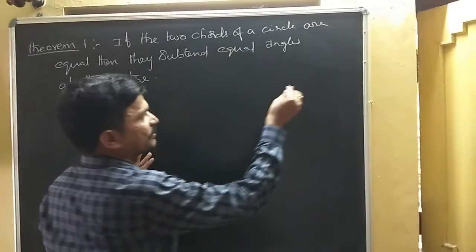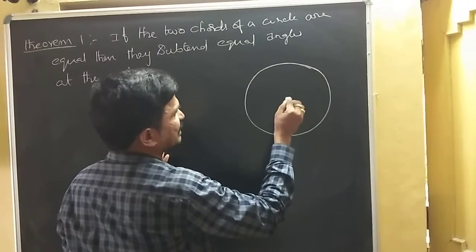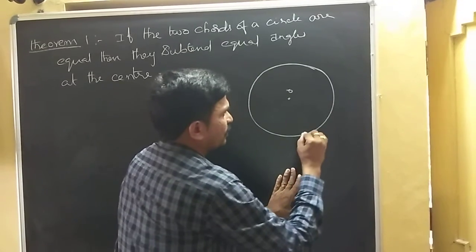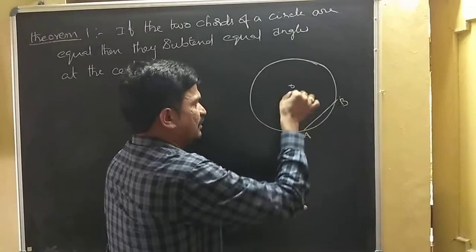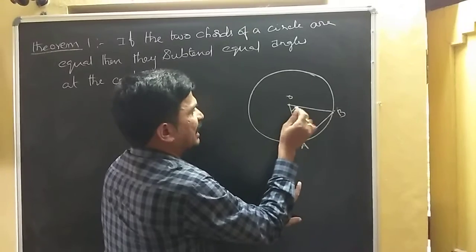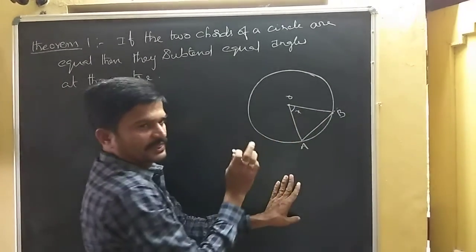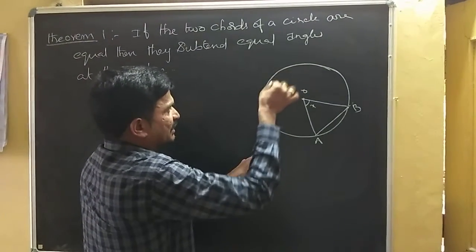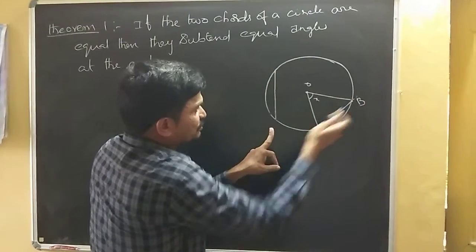Let us see how I am going to prove. Draw a circle. This is the circle with a center O. And we have to draw 2 equal chords now. Let us draw 2 equal chords. This is the AB. AB is the chord, and this is the angle X subtended by the chord AB at the center O. In the same way, we have to take another chord which is the same length. Anyway, you can draw, no problem. But this length should be equal to this length.